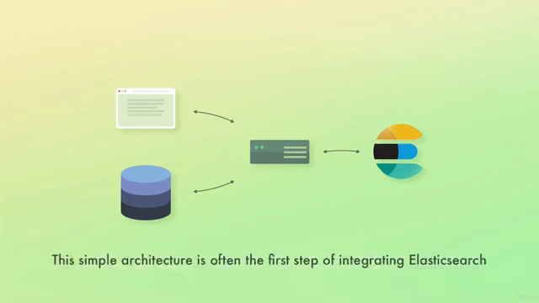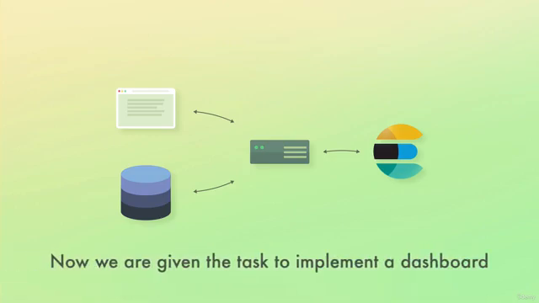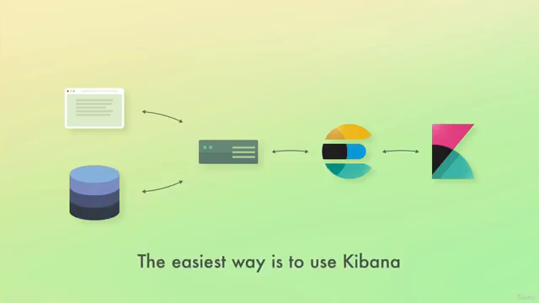That's probably the simplest usage of Elasticsearch that you'll come across, so let's expand a bit on that architecture. Our boss has told us that he wants a dashboard where he can see the number of orders per week, the revenue, etc. We could build our own interface, but we would save a lot of time by using Kibana, so that's what we have decided to do. As you know, Kibana is just a web interface that interacts with Elasticsearch, so we don't need to add any data to it or anything. We just need to run it somewhere on a machine of our choice.